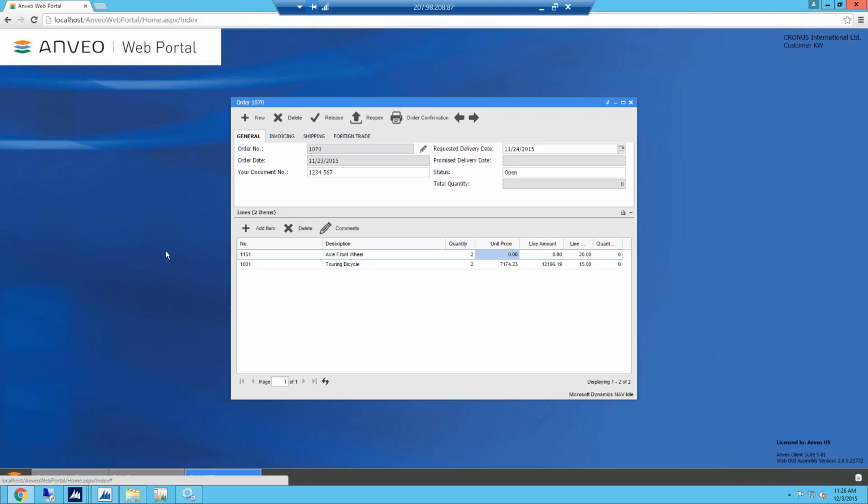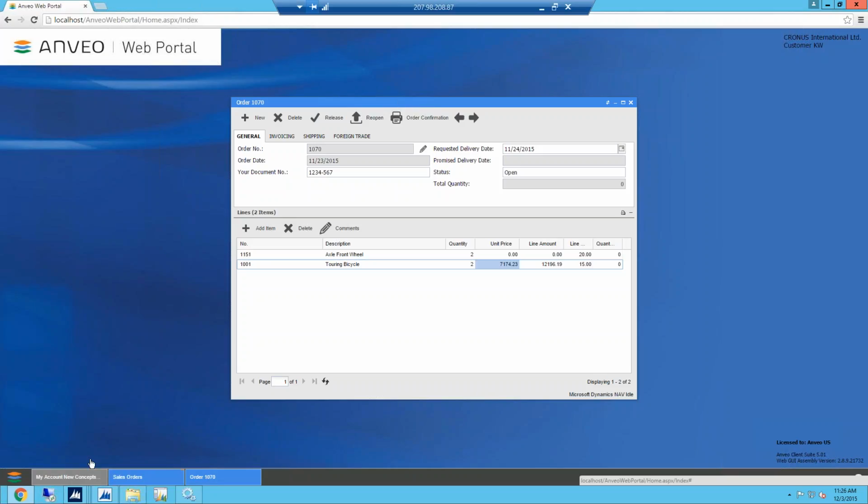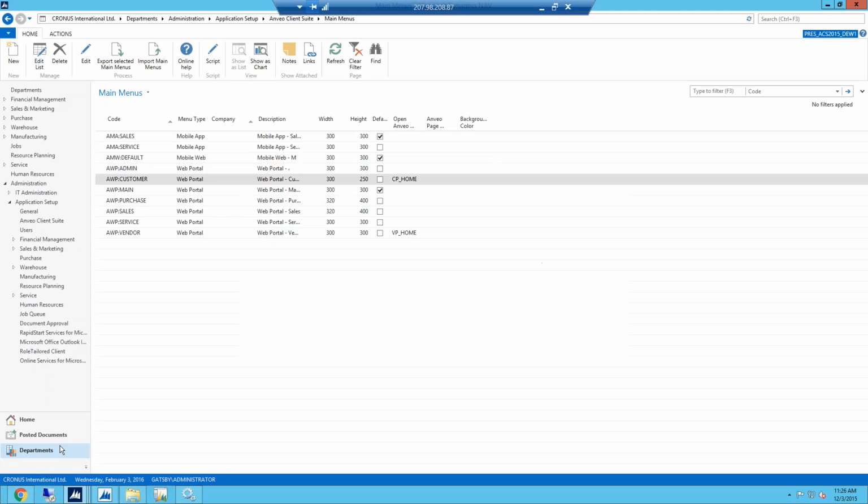The key difference between the web portal and the mobile app is the web portal is always connected. So as I enter this information, that information is in NAV. As soon as I validate the field by moving out of it, the information appears in NAV. So if I come into my orders here, home,